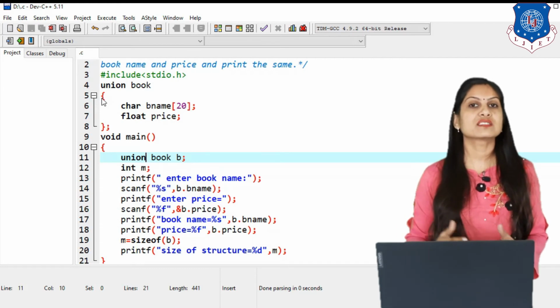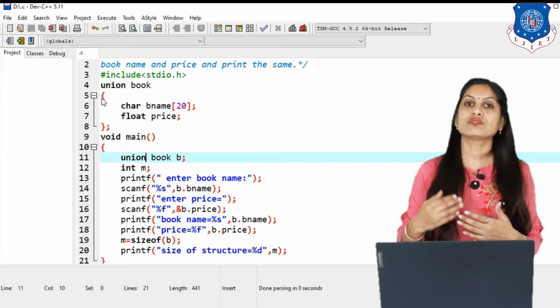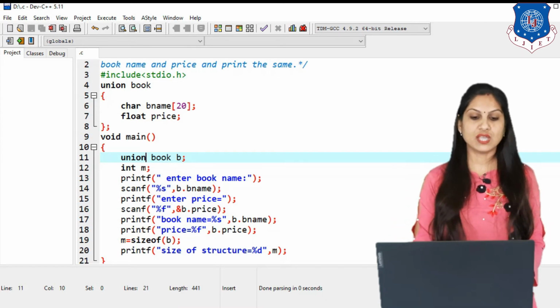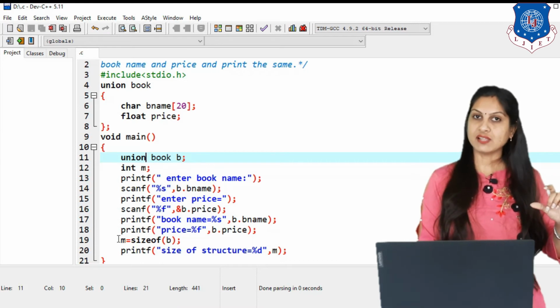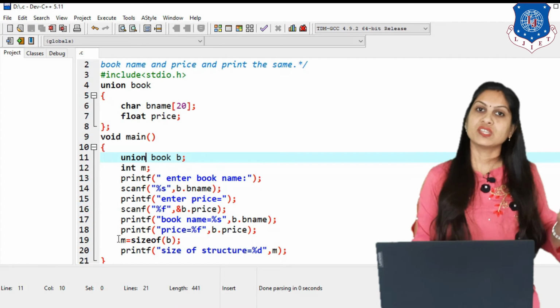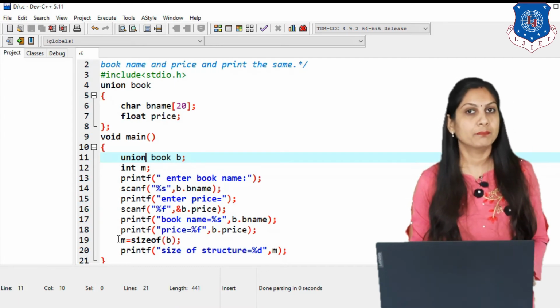So to overcome this type of problem in a union, what do we have to do? We have to handle each and every member one by one. Clear? For that, first write printf and scanf for one member and then directly print the same member. Then for the second member, write printf, scanf and then again the printf.